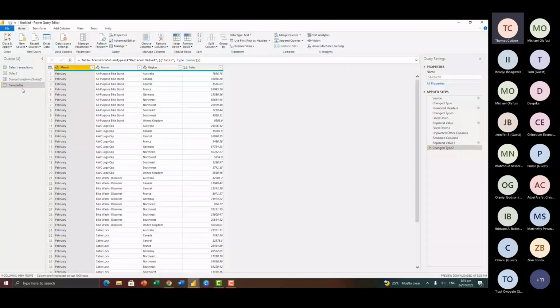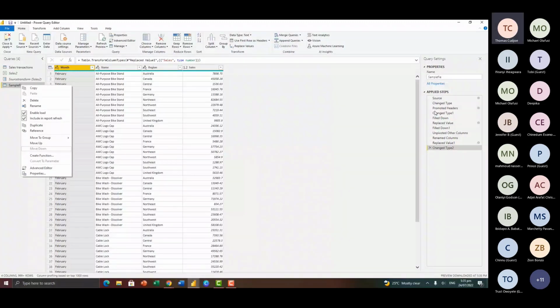So I'm going to right click, and here we have the option to create a function out of this query. Now, because this is referencing a parameter, it makes the work easier. So here I'm going to click on create function. So what it's going to do is that it's going to wrap everything here into a function, which we can then apply to other data that we have.